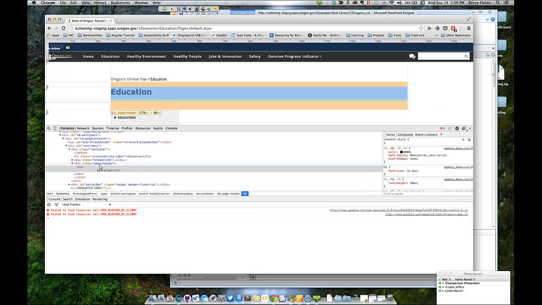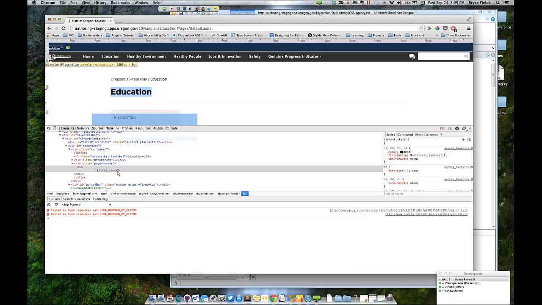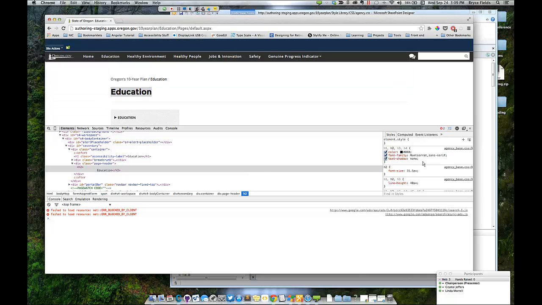And you'll notice, like I said, if you ever want to see what is acting on a style, you could right-click on it and inspect it, and you can see exactly where it's getting that color from. Yeah, I can see it's H2. Right, and we have a generic color of black, hex 000, applied to all H2s. Now, if you want to override that, the way that SharePoint is structured, you would have to have some sort of CSS class in your HTML that says, hey, all these pages belong to the education subsite. And that way I could write a style somewhere in here